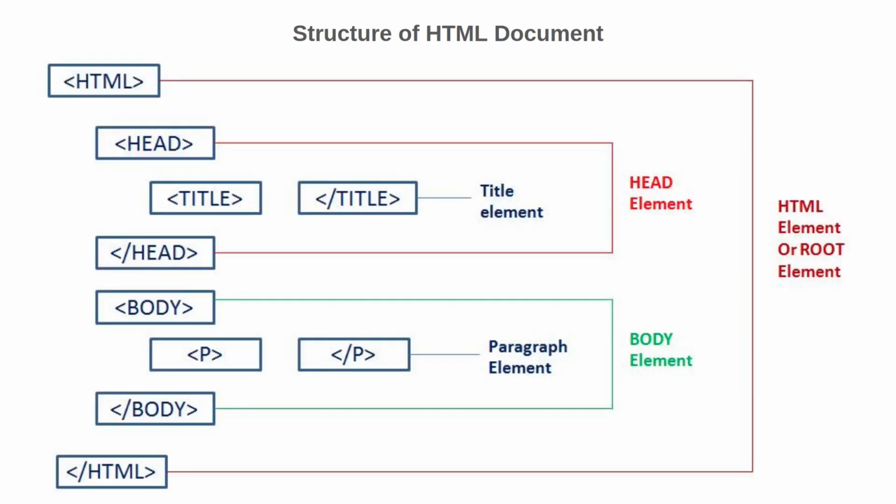And if you look at the entire HTML document, it is nothing but a collection of HTML elements. So if you see here, we have the HTML element, which contains the opening tag here, and then the closing tag here, and then there's the head element, containing the opening head tag, closing head tag, and within that there is some content here, and then the body element, which has the opening tag here, and then the closing tag here, and then the content for the body of the document. So you can see that everything is an element here. The HTML element is there, and within that there are some other things.